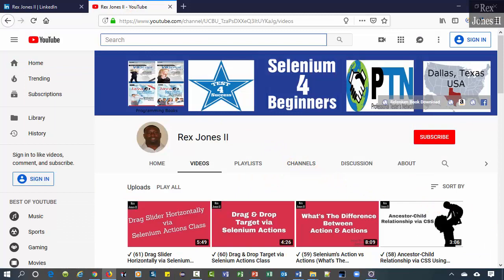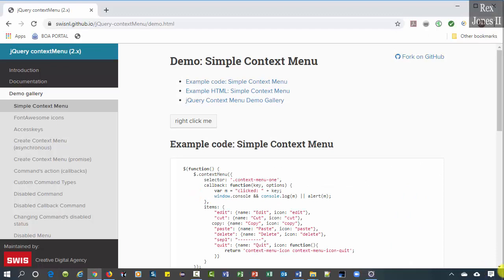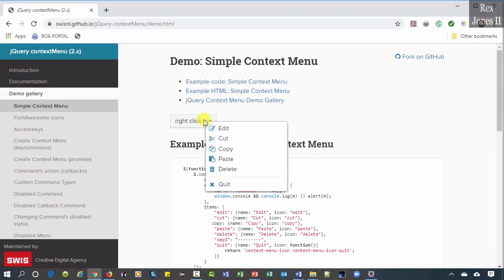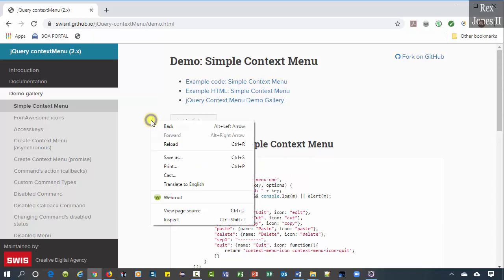In this video, we are going to automate clicking the right mouse button using Selenium's Actions class. It's the same test script as the previous video, left mouse click. We click the button and get the list of items. However, left click and right click use different methods. Inspect the button,